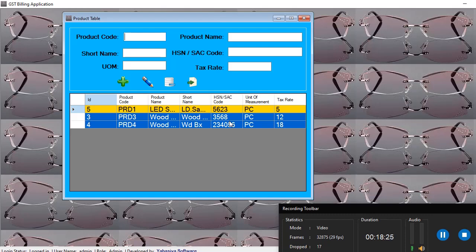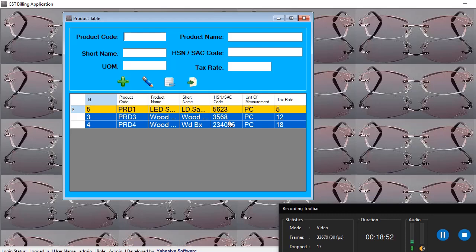The product code, product name, short name, HSN SAC code, UOM, tax rate. These parameters will not change very frequently in real time. When you take up the HSN and SAC code, the government gives that guideline and they will not change it very immediately. It will take some time to come in; that is the practice.